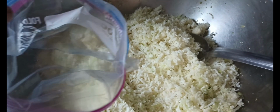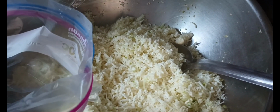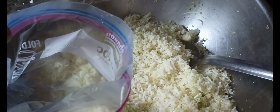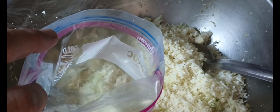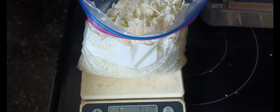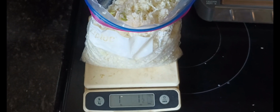All right, for the next step, what I did was I have these 1 quart storage Ziploc bags and a long handle spoon. You certainly could use a measuring cup, whatever you happen to have, and then dispense it on whatever the amount that you think you'll be most likely to use up kind of quickly in one recipe or another. So 4 of those spoonfuls heaped up got 1.1 pounds, which is a pound is 454 grams,